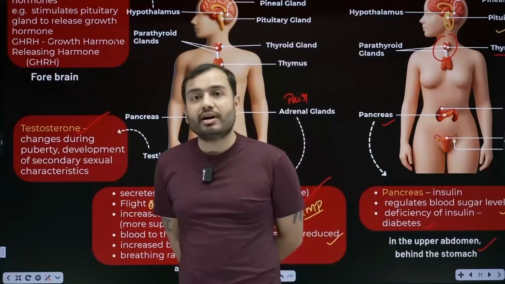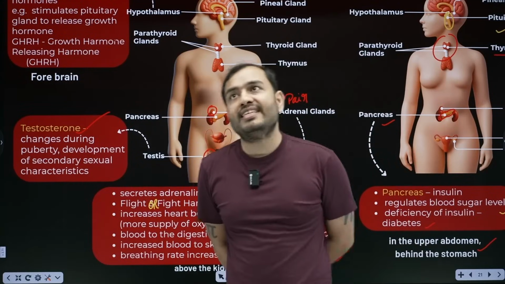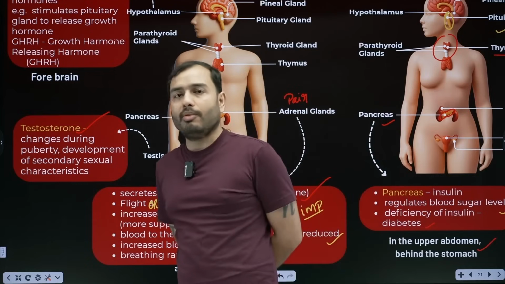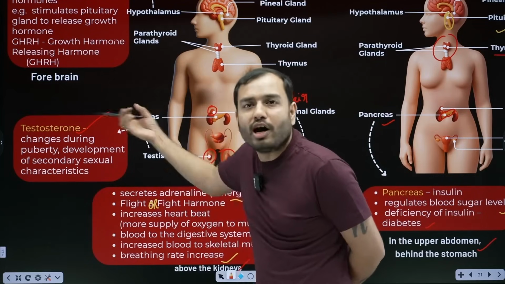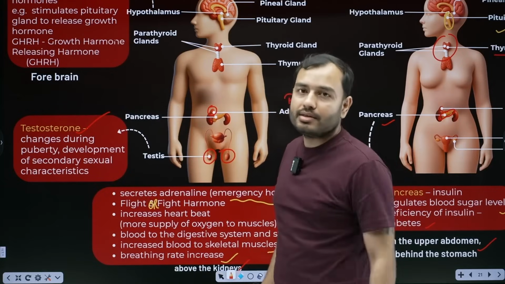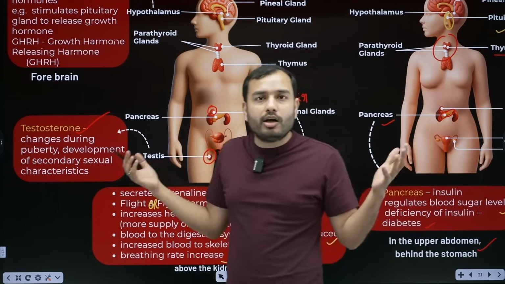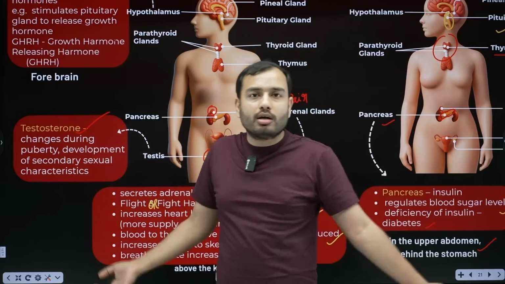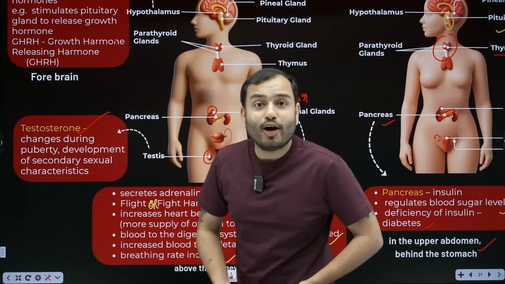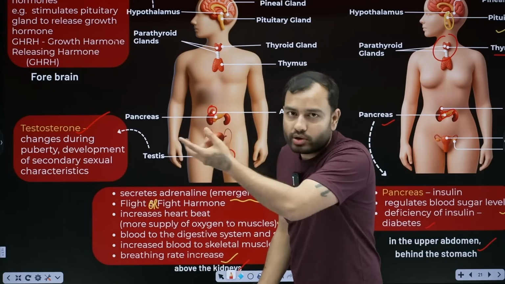When you were a child, what did you say? Dad, I have to go to school. When you grow up, Dad says, what happened? Testosterone hormones have come. These hormones come during puberty. And what do they do? They give secondary male characteristics. When you were a child, you didn't have so much hair on the body. As you grow up, hair comes on the body everywhere. Hair on the chest came, hair under the armpit came, hair there too came. So this is happening because of the testosterone hormone.